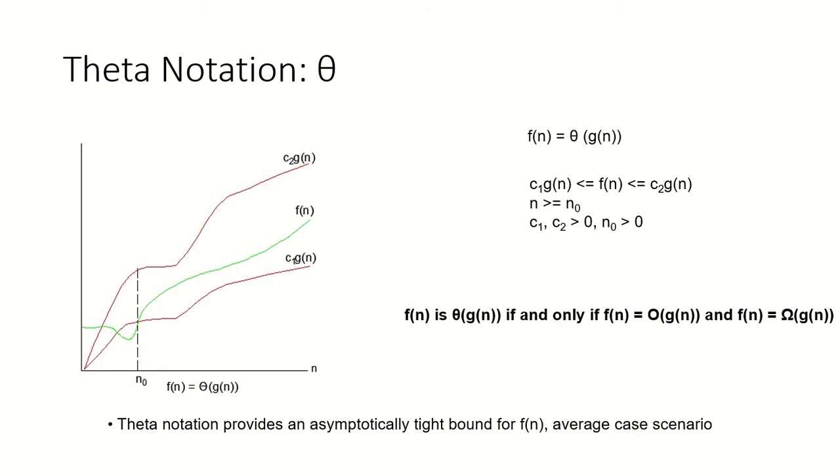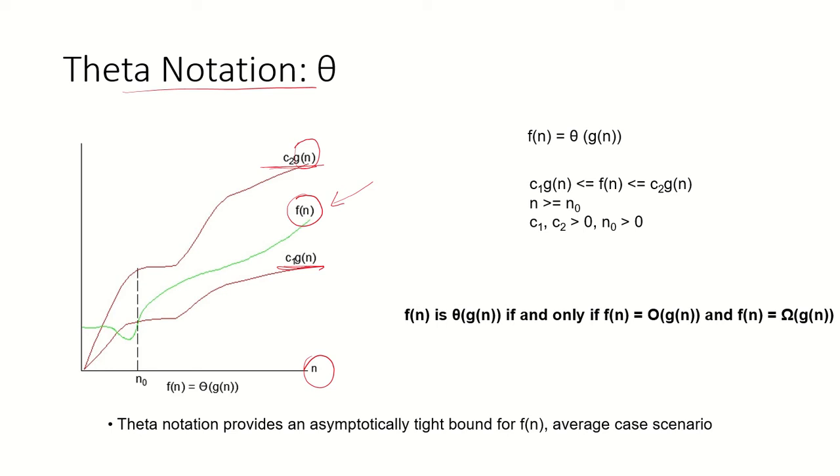In this lecture, we are going to take a look at the theta notation. If we have a function f(n), then can we find a function g(n) such that c2 g(n) will be the upper bound of f(n) and c1 g(n) would be the lower bound of this function f(n)? If we think in terms of the complexity of algorithms, then f(n) can be thought of as the growth rate of the algorithm, where n is the input size.